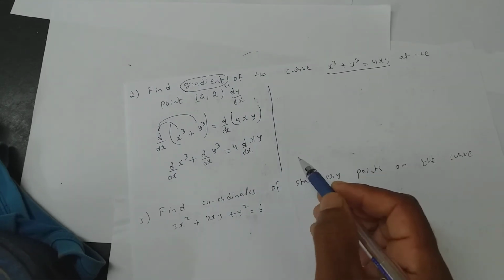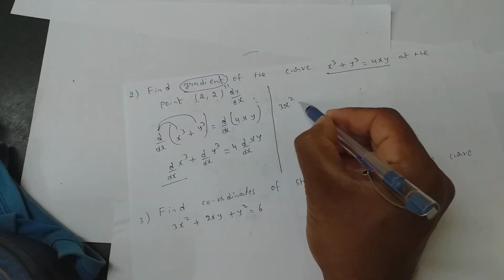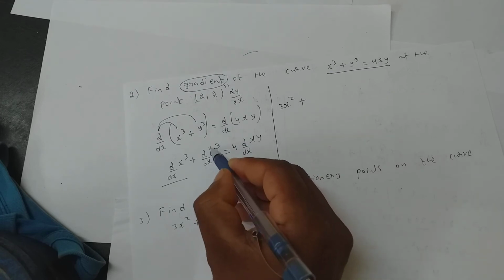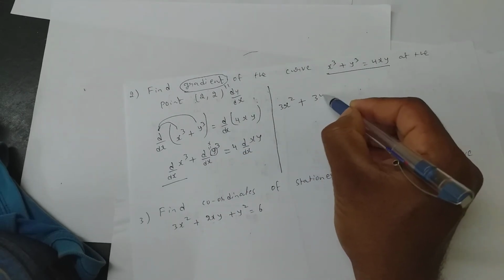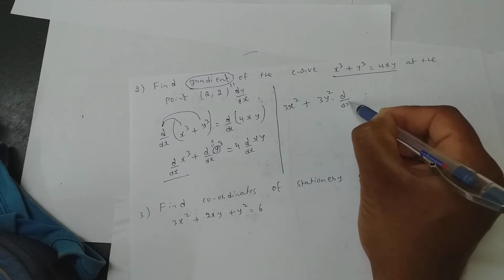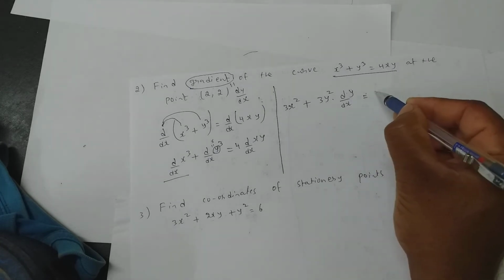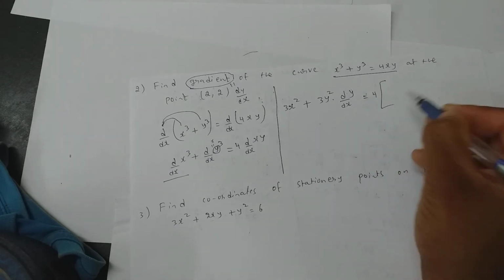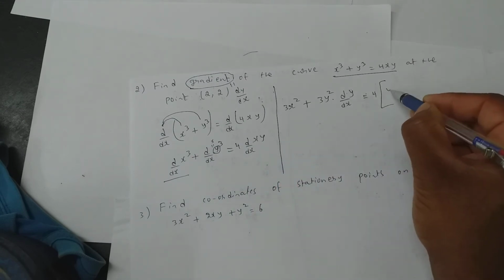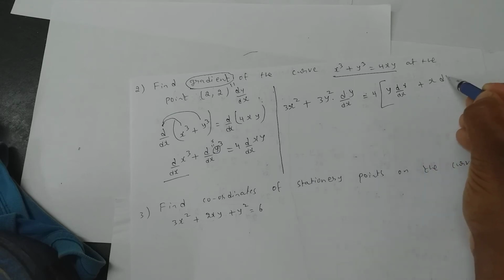Clear? Now what is differentiation of x cube? 3x square. What is differentiation of y cube? So you will assume it to be x. So x cube differentiation is 3x square, so 3y square into d by dx of your assumption. Am I clear? Equal to 4 into. What is the catch here students? Product rule is the catch. So differentiate one at a time. d by dx of x plus x into dy by dx.